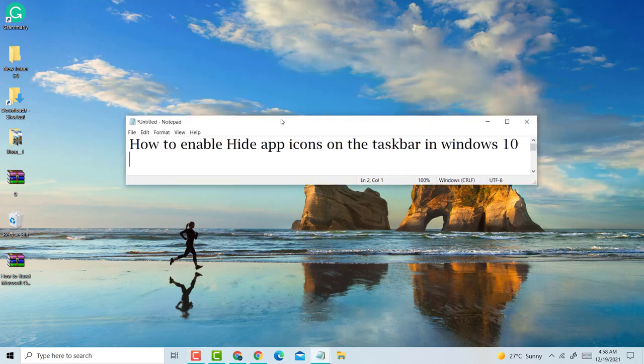Hello, welcome guys. Today in this video I'm going to show you how to enable hide app icon on the taskbar in your Windows PC or laptop. So guys, if you want to enable hide app icons on the taskbar in your Windows PC or laptop, so